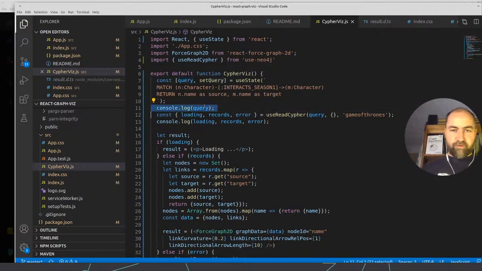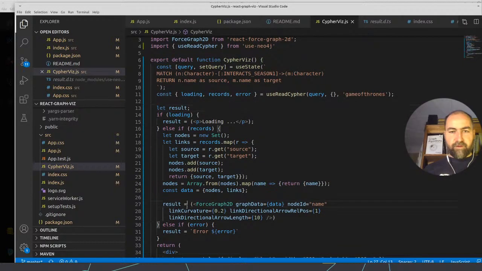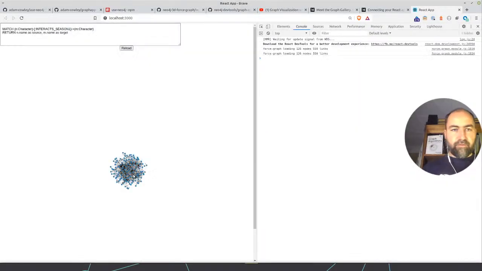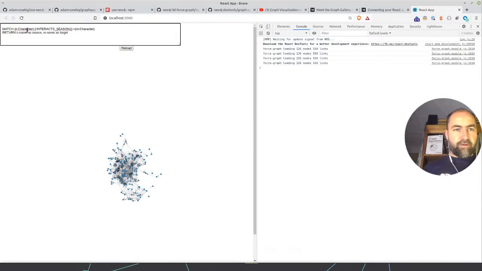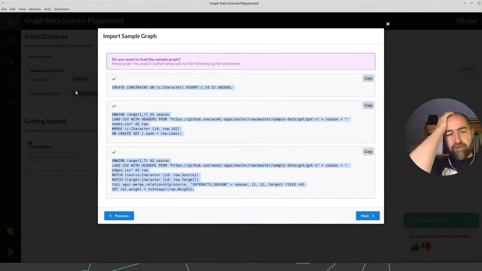So we can remove our console logs as well. And this is basically our error handling. What I actually wondered is if we put an error in here, like let's say this, shouldn't it return an error from the use Neo4j?